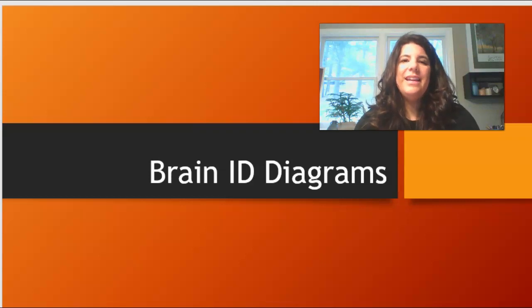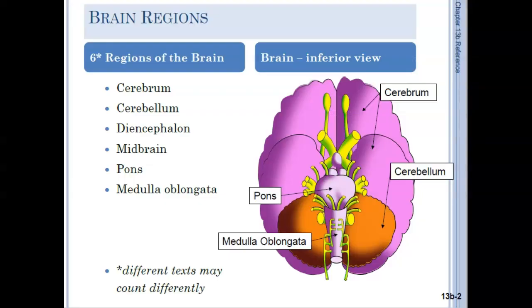Morning. This is a video to go over the brain ID diagrams to kind of look at the different parts of the brain and talk a little bit about what each of those structures actually does for our body. We divided the brain into roughly 6 different regions. So different textbooks might count this a little bit differently, but in general, we're going to have 6 regions: